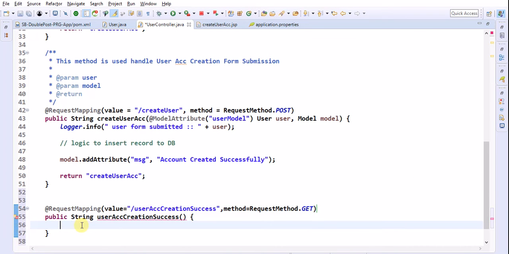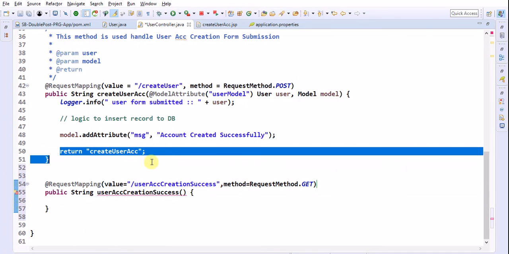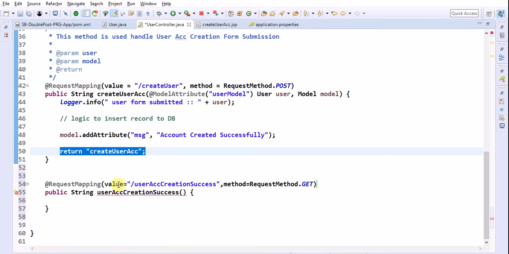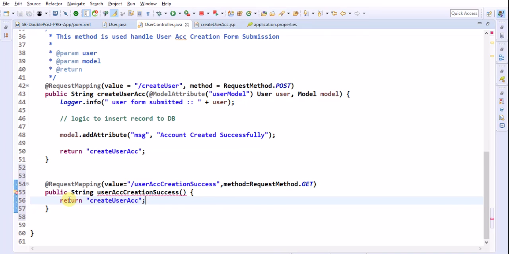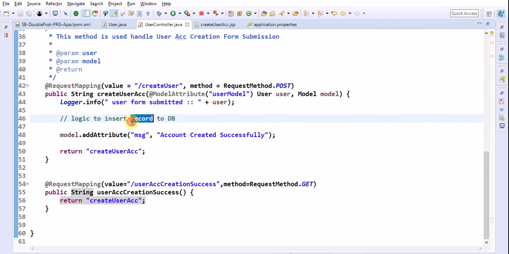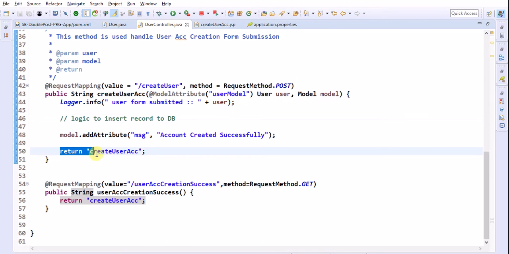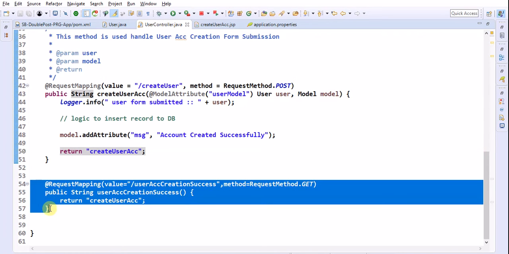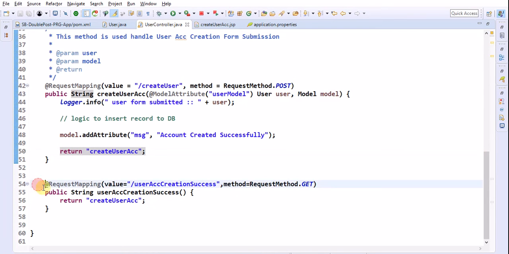Right. Now here what I am going to do is return the view name from this get method, not from the post method. Then what this post method has to do, once this form is submitted, is return control to this method. It has to redirect the control to this method.